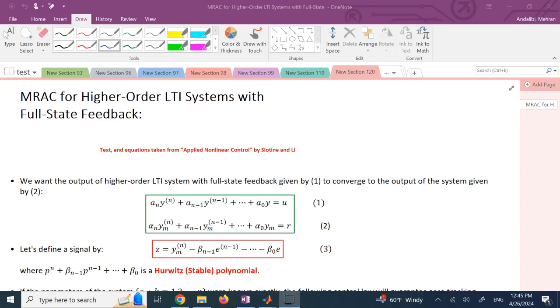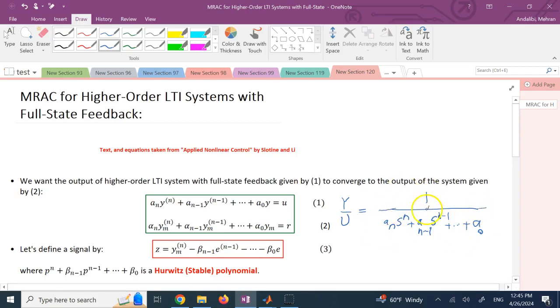So the transfer function, y over u, is 1 over a n s to the n plus a n minus 1 s to the n minus 1 all the way to a naught. Okay? So it's a ratio where 1 is the numerator and an nth order polynomial